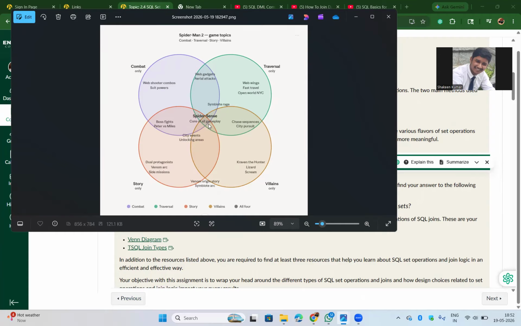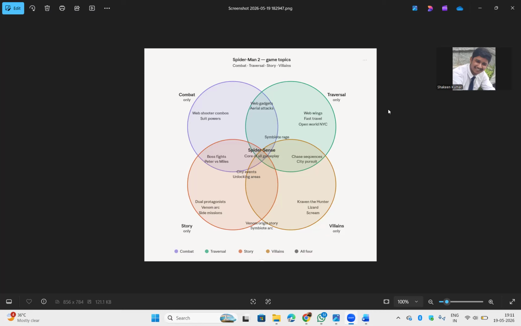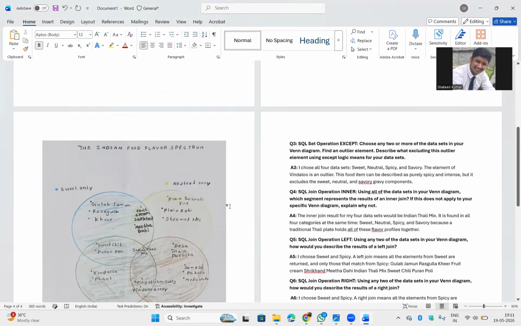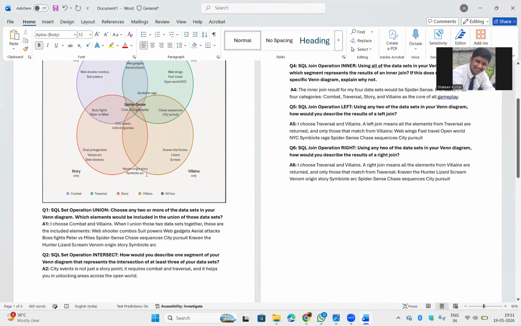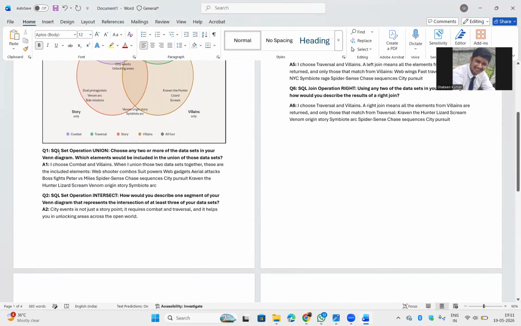So let's start SQL logic. First is SQL set operations, union. I answered six to seven questions for each Venn diagram, using example questions. So let's dive into that. This is the online Venn diagram that I found. I used the questions and I answered them. So the first question is SQL set